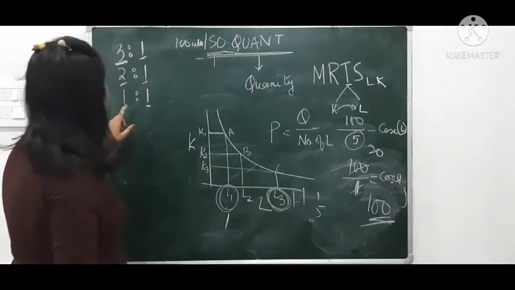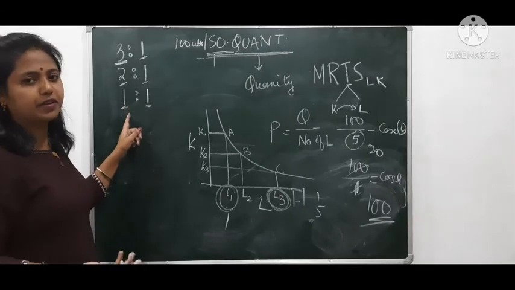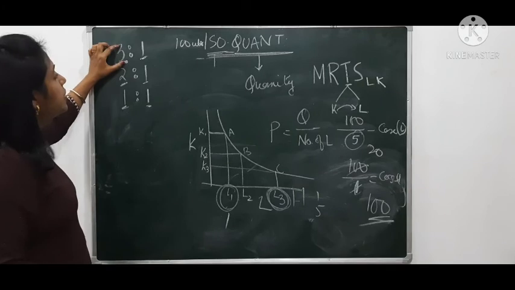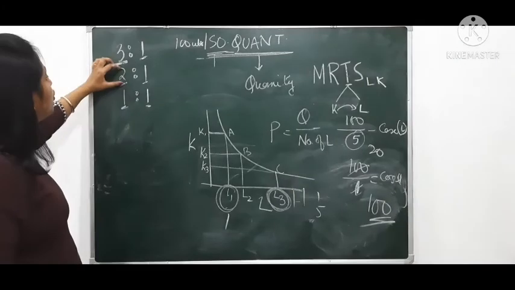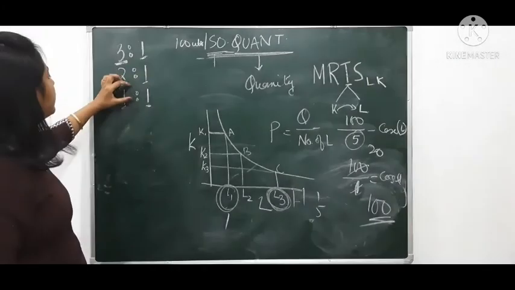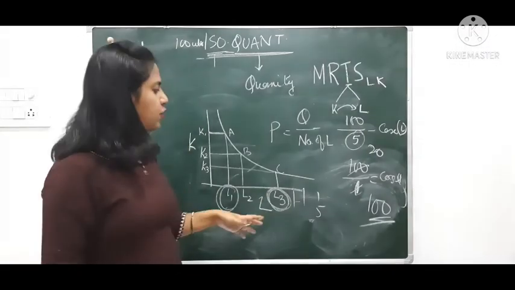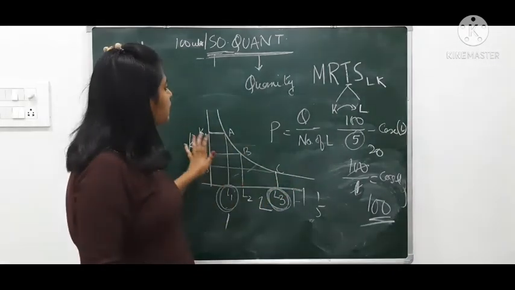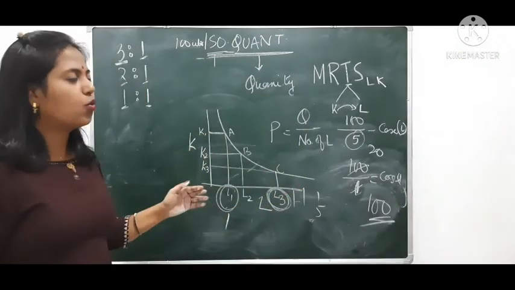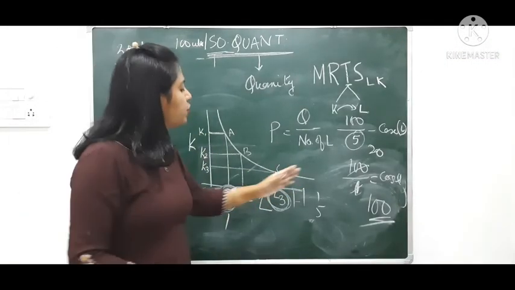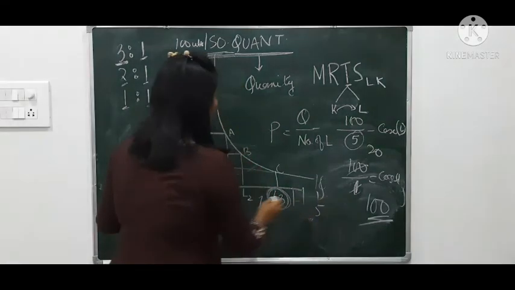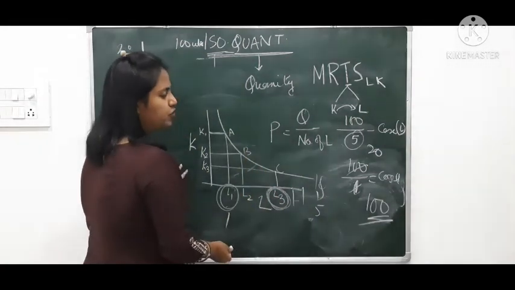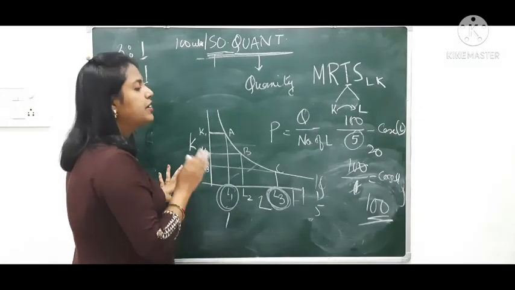At that time 1 labor is equal to 1 capital only. Here 3 labors were equal to 1 capital, then 2 labors became equal to 1 capital, but now it becomes the same. That is important. But what is isoquant? Did you understand? Isoquant is a curve which shows the different combinations of the factors capital and labor which can produce the same output, which has the capacity to produce the same output.